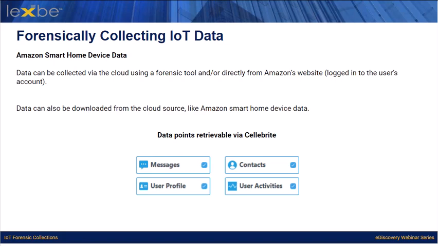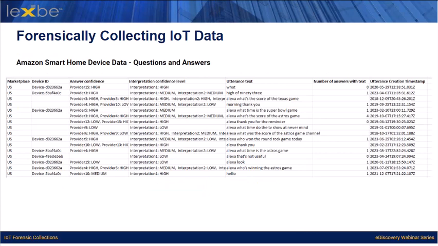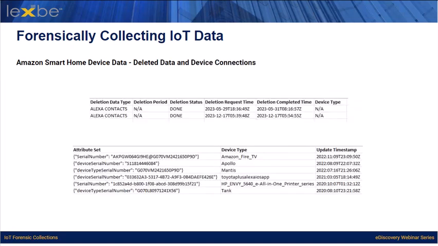As you can see here, this is showing different types of requests being made to my personal Amazon Echo. You can see how it interprets my text or my voice, or someone in my house's voice, and basically keeps a log of everything that's said. It also keeps a log of the audio itself, and we're able to download that data by accessing the Amazon Echo cloud data. Here you can see that there were some contacts on my device that appear to have been deleted, and it can show the deletion request time.